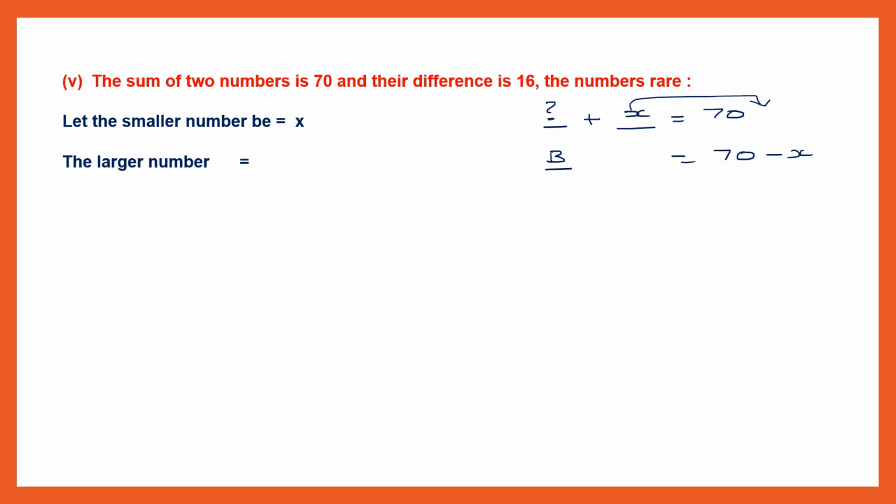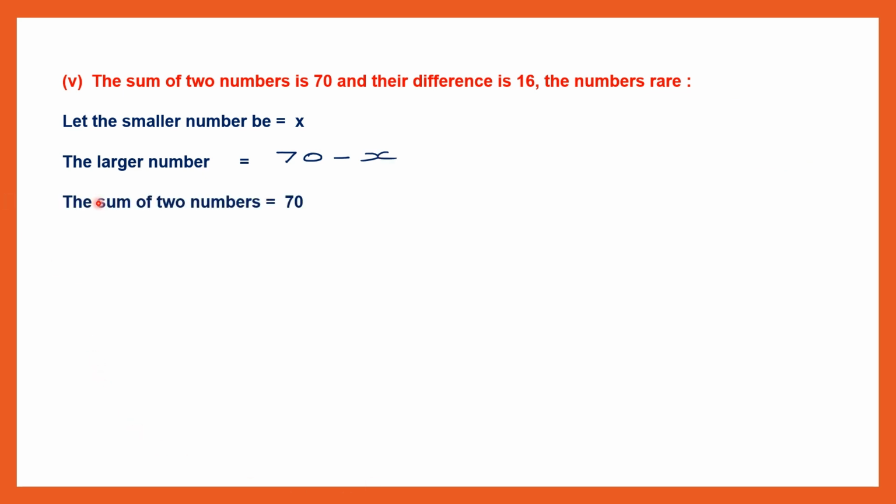So here we can write that. 70 minus x is the larger number. Now what is given to us in the question? The sum of two numbers is given and the difference is also given as 16. So now we can substitute for one of these equations and try and find the value of x. Let's try with sum. If we are trying with the sum of two numbers, the larger number is 70 minus x, we said. Let's put that first. So that is 70 minus x